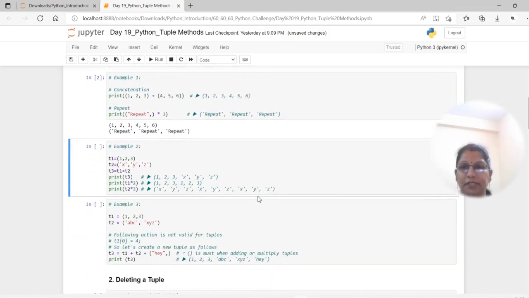Let me see combining both with an example. See, tuple 1 has 1, 2 and 3, and tuple 2 has string values x, y, z. When I make the concatenation, it would result in 1, 2, 3 and x, y, z. And if I want to repeat tuple 1, which is 1 comma 2 comma 3, twice, it would be repeated, that is 1, 2, 3, again 1, 2, 3. And the third is the repetition